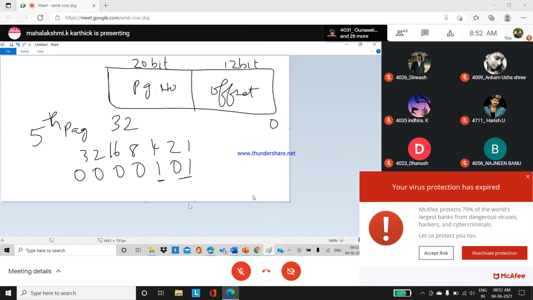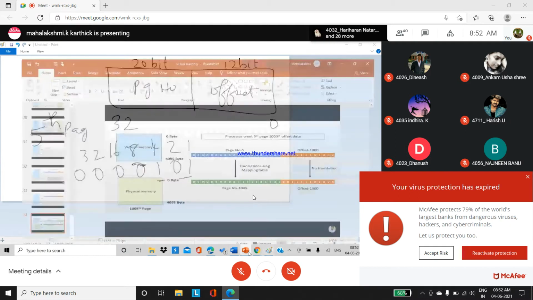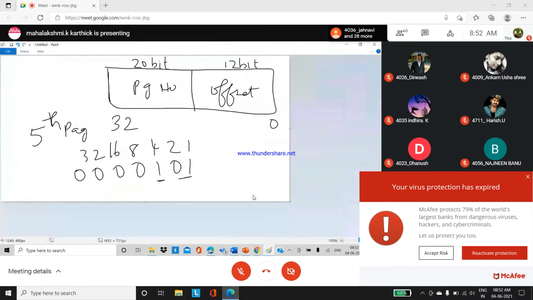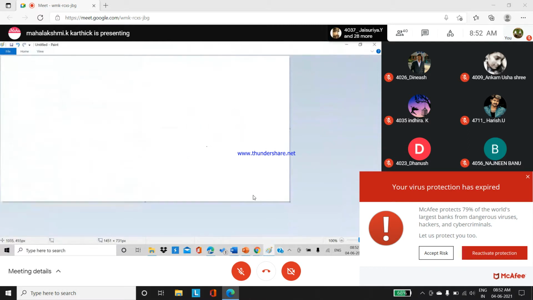This is what happens here. So this is the binary form representation of 5. Similarly, for the offset value, I'll separately go for the offset value. Offset value is 12 bits.